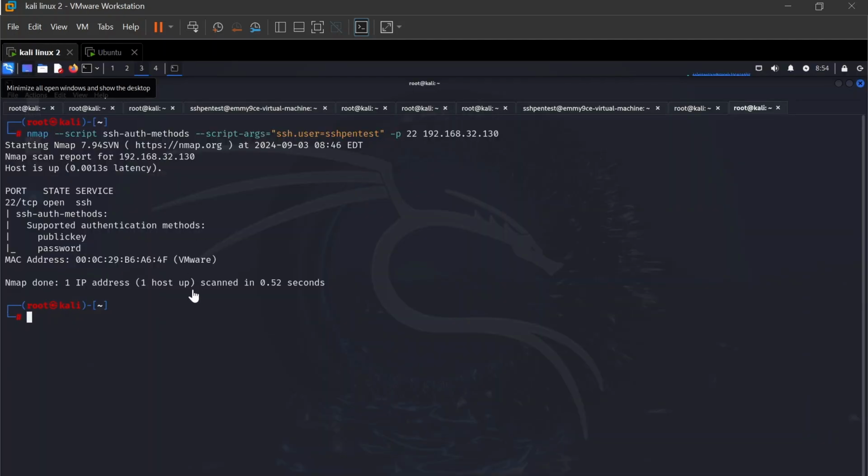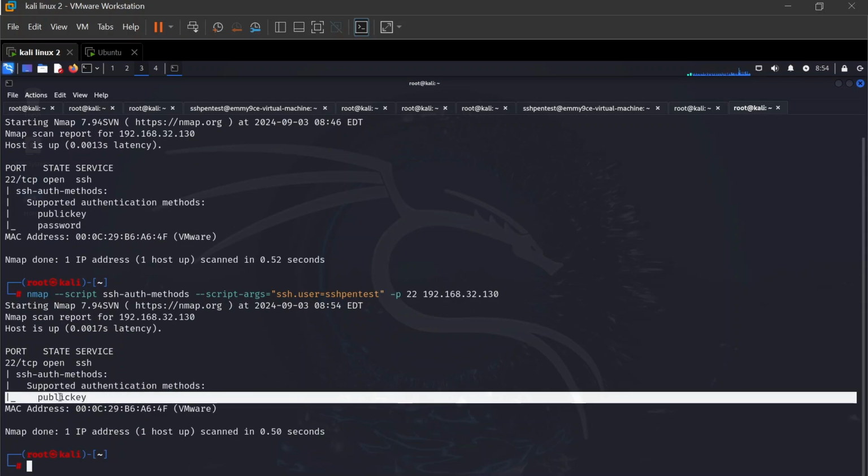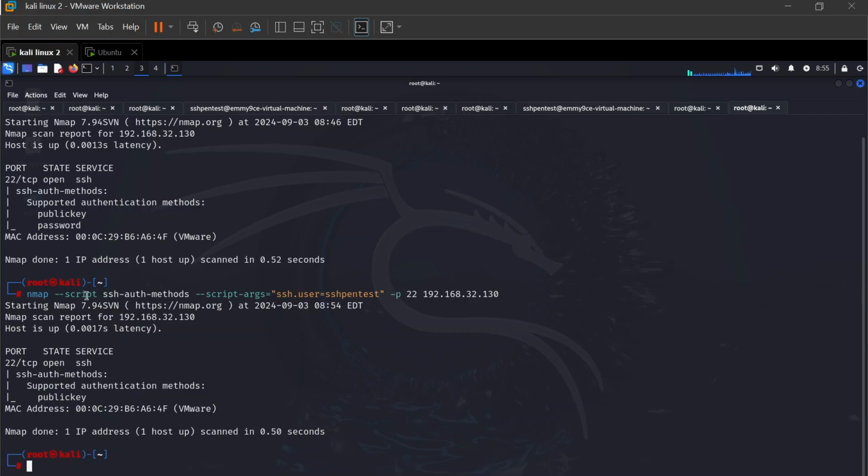If I go back to my Kali, I run this same command, which is just the same script. We just want to know the authentication methods available, hit enter. What did you notice? We had password and public key, and over here we only have public key. Which means that we can only use public key to authenticate. Now let's say we try to log in using ssh pentest@